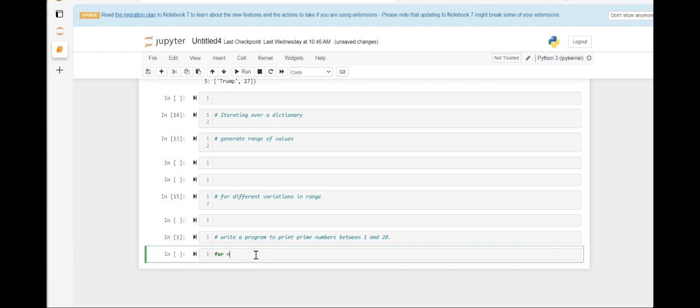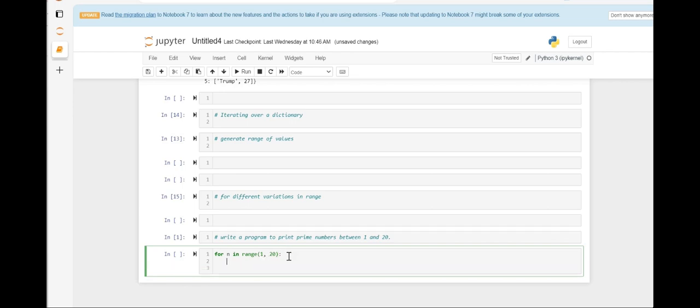Write a program to print prime numbers between 1 and 20, and the prime numbers are those numbers which can be divided by their own. They cannot be divided by any number, so they don't have factors. So for n in range, we will use range function 1 to 20. For n in range 1 to 20,